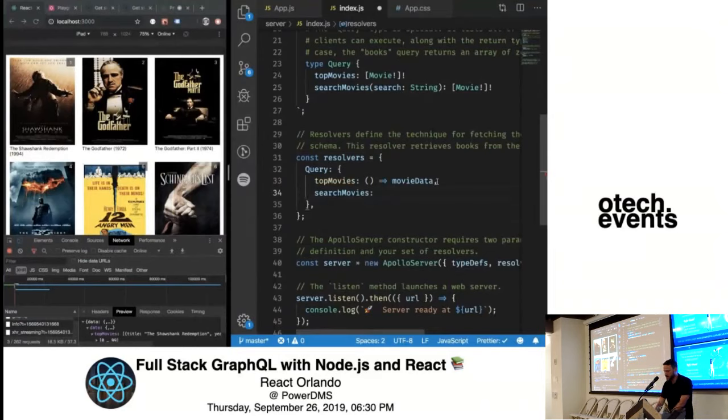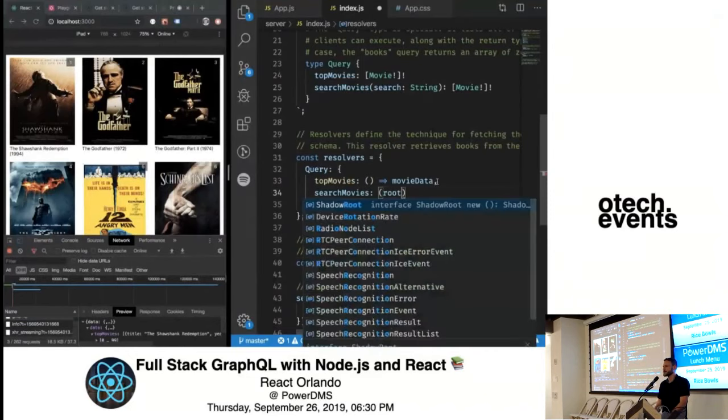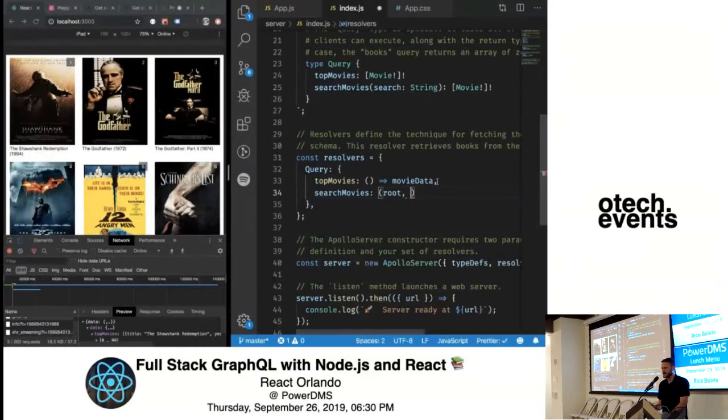Okay, so GraphQL, by default, the way the server's set up, you'll get at least 3 arguments. The first is something we call root, which I meant to see what that actually is for this presentation, but I forgot. You never use it. I don't know. So skip the first one.